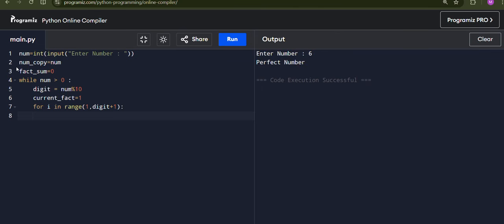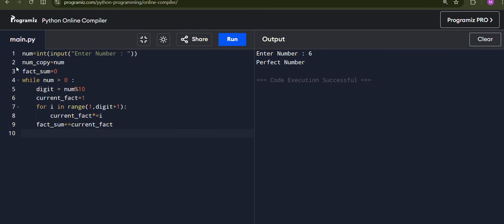Digit plus 1 means it will go till digit. Then just do current factorial times equals i. After calculating the factorial, add it to factorial sum: factorial sum plus equals current factorial.